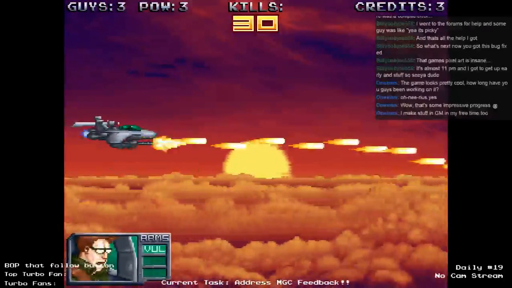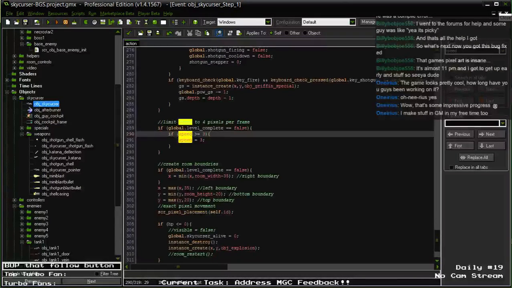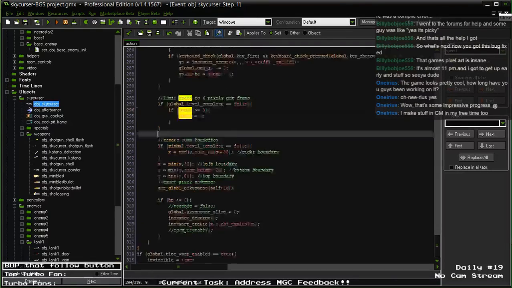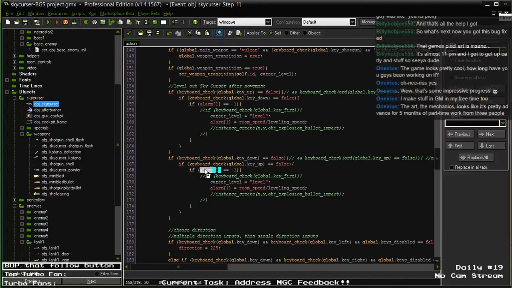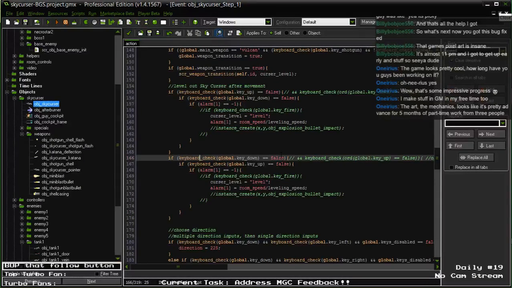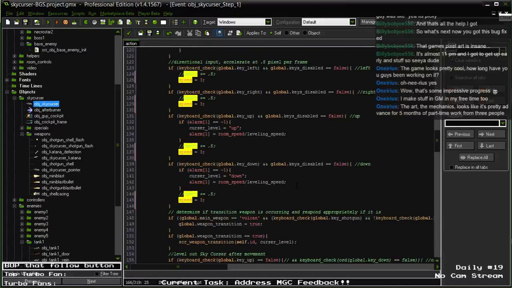Okay, we'll try this. Alright, now back to where we were. And I want to cut out now the slowing speed. Shotgun, katana, Vulcan cannon. So if key up, level out Skycurser after movement. Keyboard check, key down, false. That's the leveling of Skycurser. We want to...